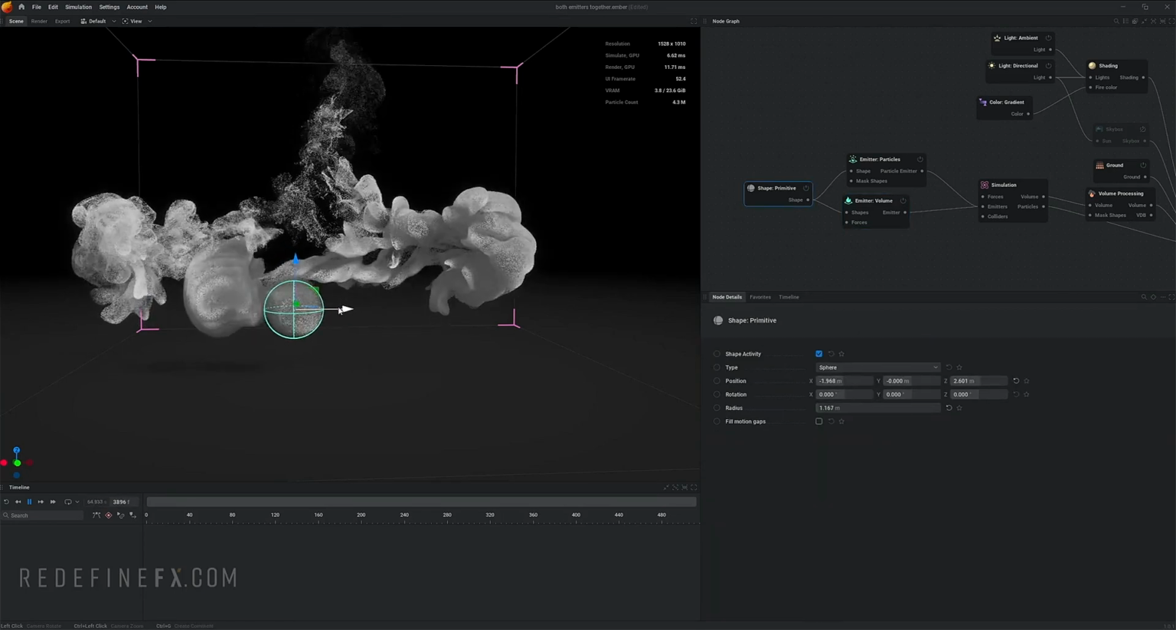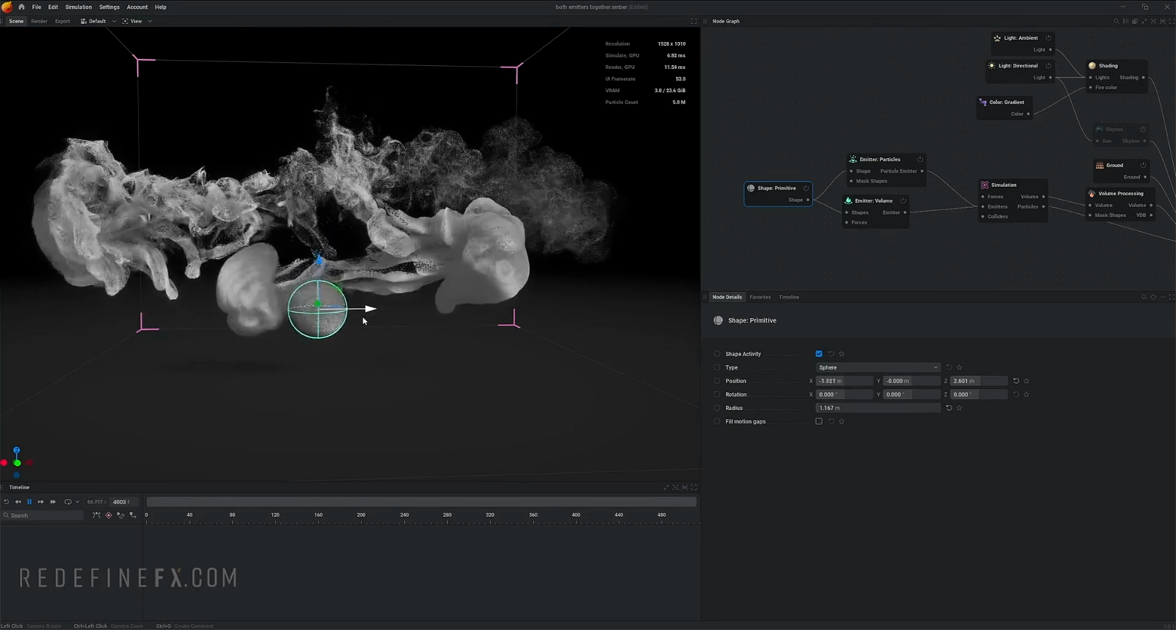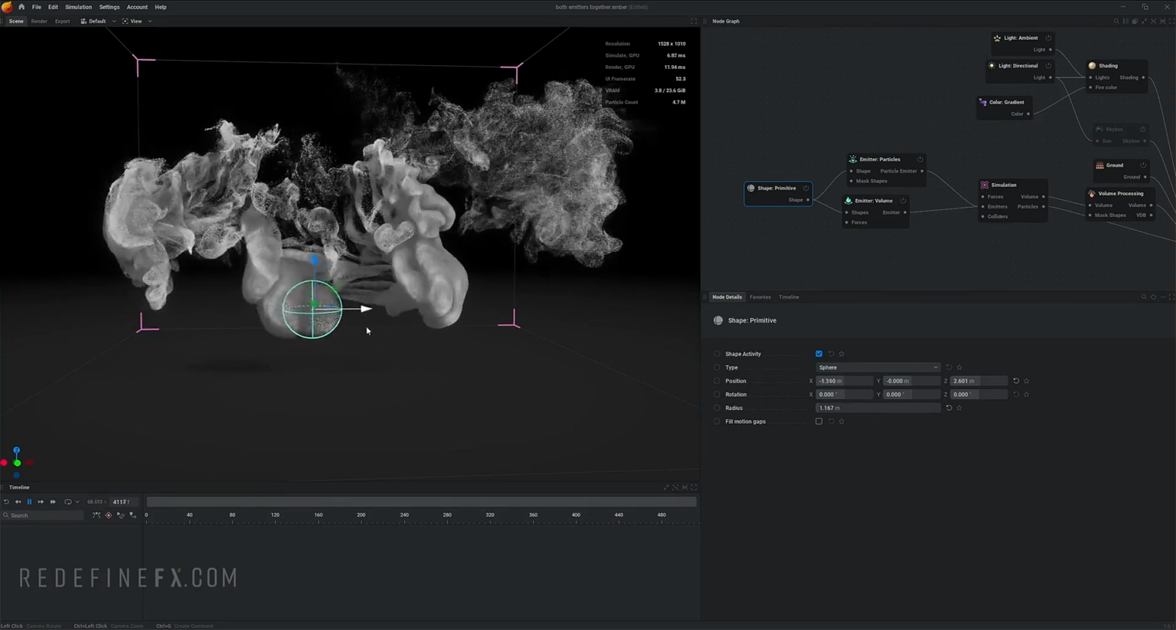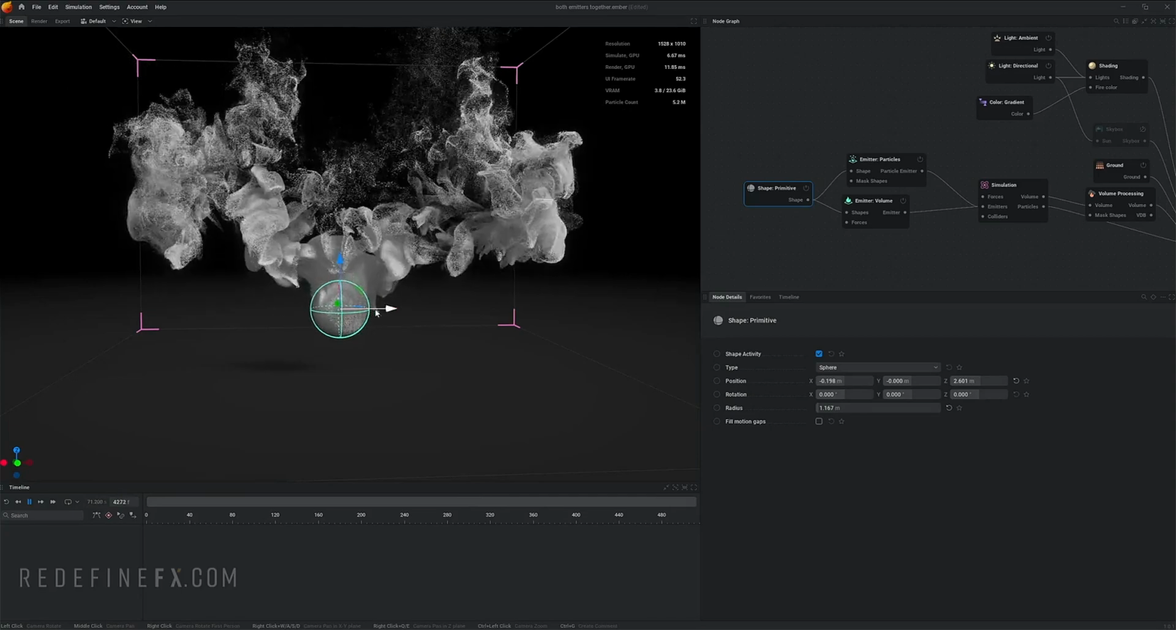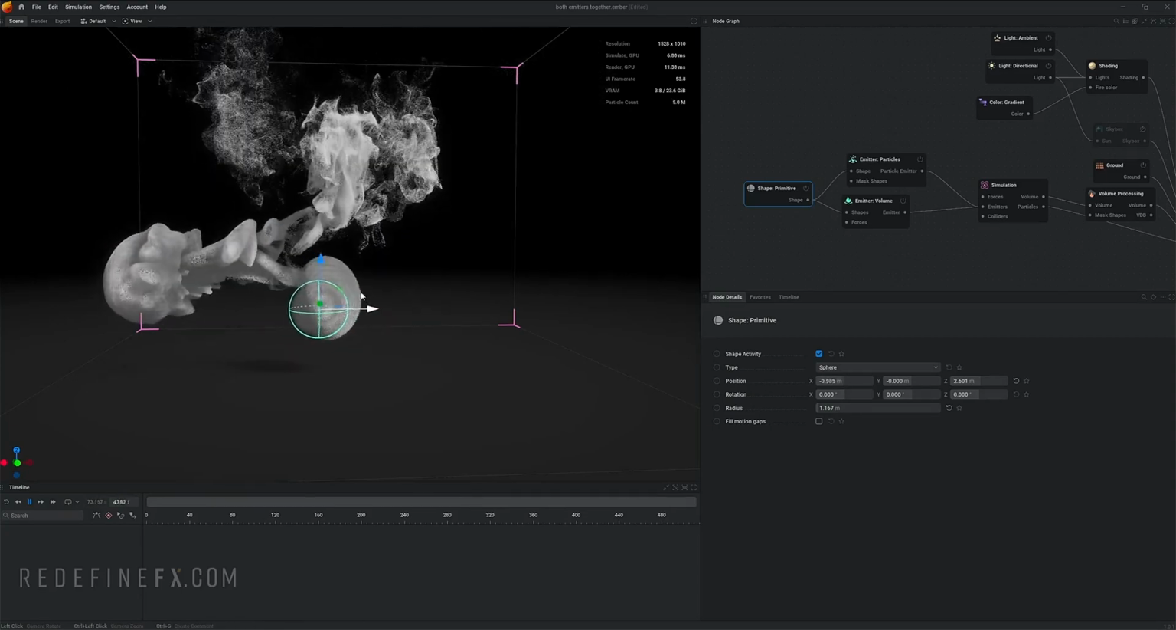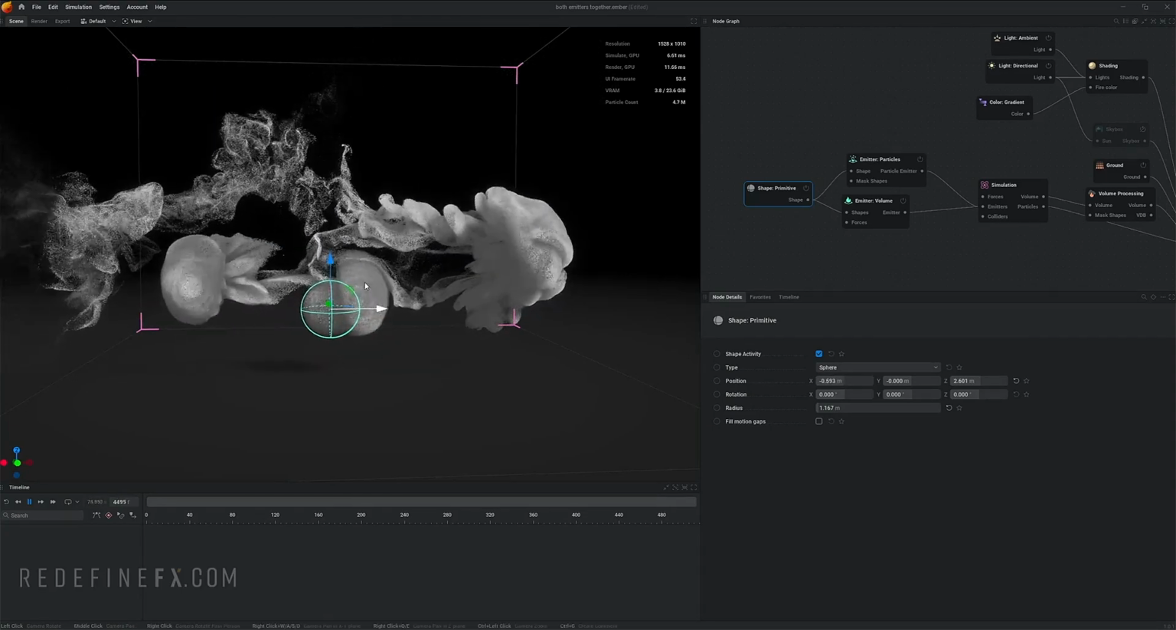As always, the project file is included with the course, so feel free to open this up and play around with it. And we're gonna see how we can add some cool colors and modify this even more in the